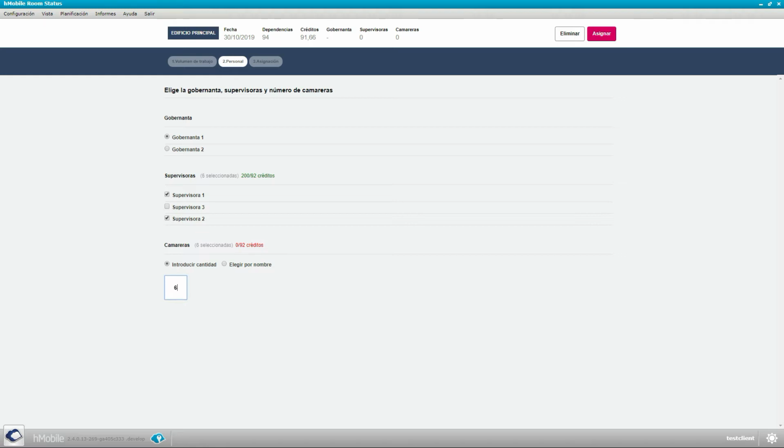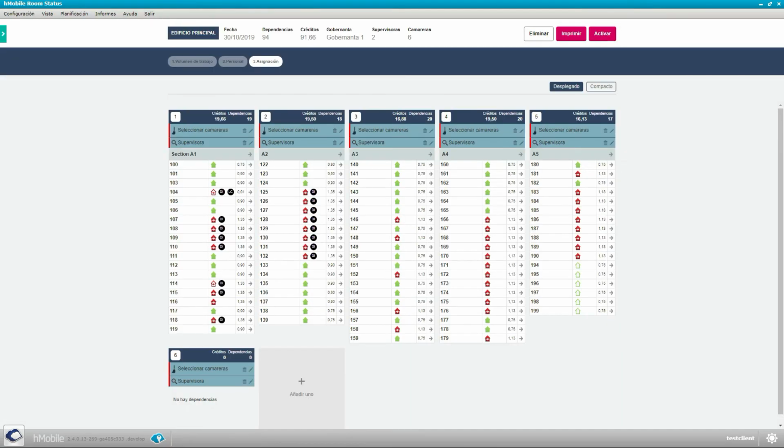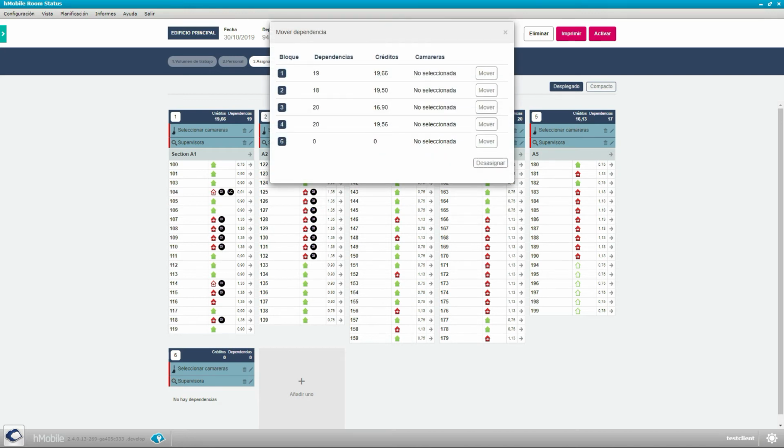The system automatically proposes the distribution of rooms in the most equitable way possible. The system assesses the working time required for each room and the previously defined sections of the hotel. From this initial planning, the housekeeper manager can make the changes she considers necessary, just by selecting the room and